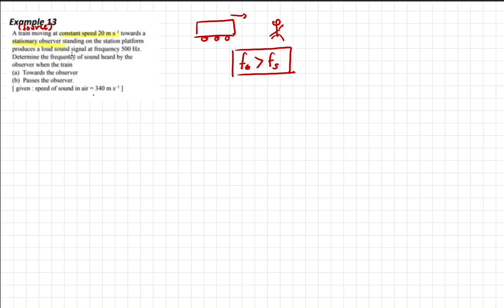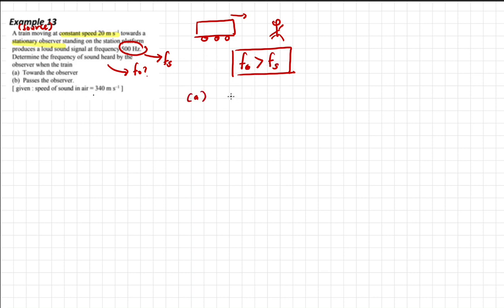And then they also have given us the frequency of the sound produced, which is 500 Hz. So this one is the frequency of the source. So the question wants us to determine the frequency of the sound heard by the observer when the train is moving towards the observer. So the question that kita cari, FO, frequency of the observer. So for the first case, which is moving towards the observer, we know FO is going to be bigger